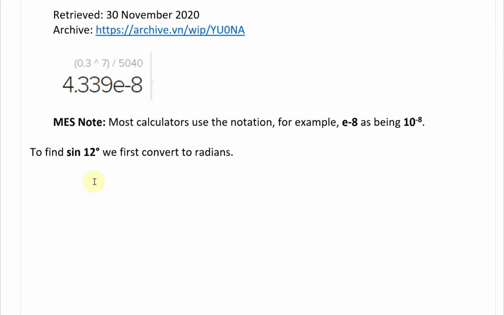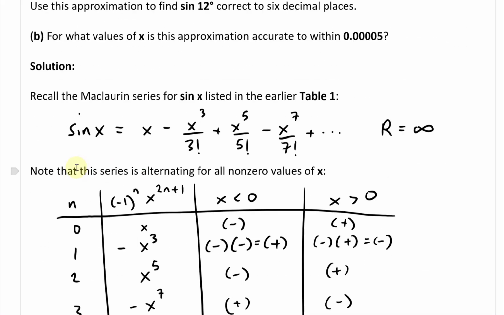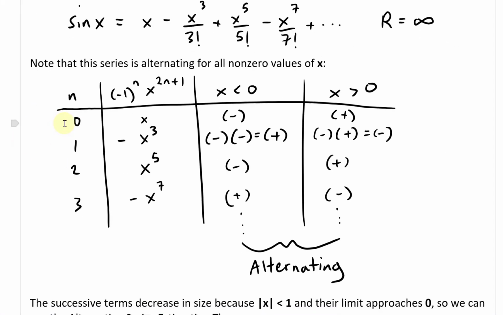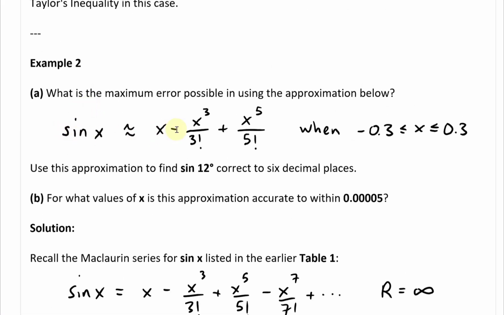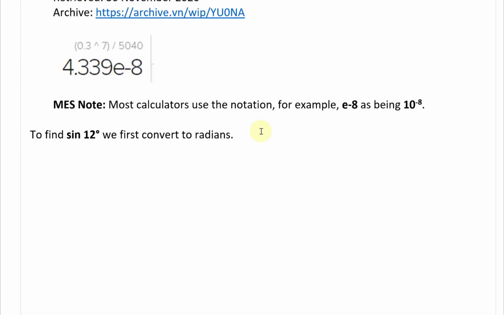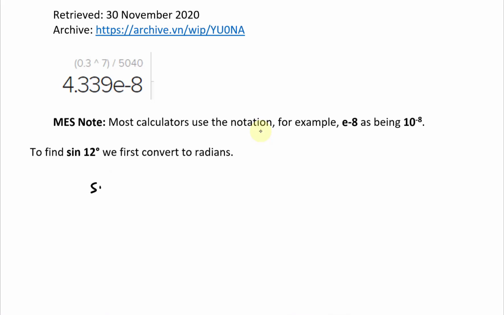So to find sine of 12 degrees, we first convert it to radians. And the reason for that is this function is derived in radians. So this is in radians, it's usually by default unless otherwise stated. So let's just solve it. Yeah, so sine of 12 degrees equals sine of 12, and I'll put a degree sign like that, times pi radians. Remember, pi radians is 180 degrees. That's just a half circle, so a full circle is 2 pi. So this is going to be pi radians,